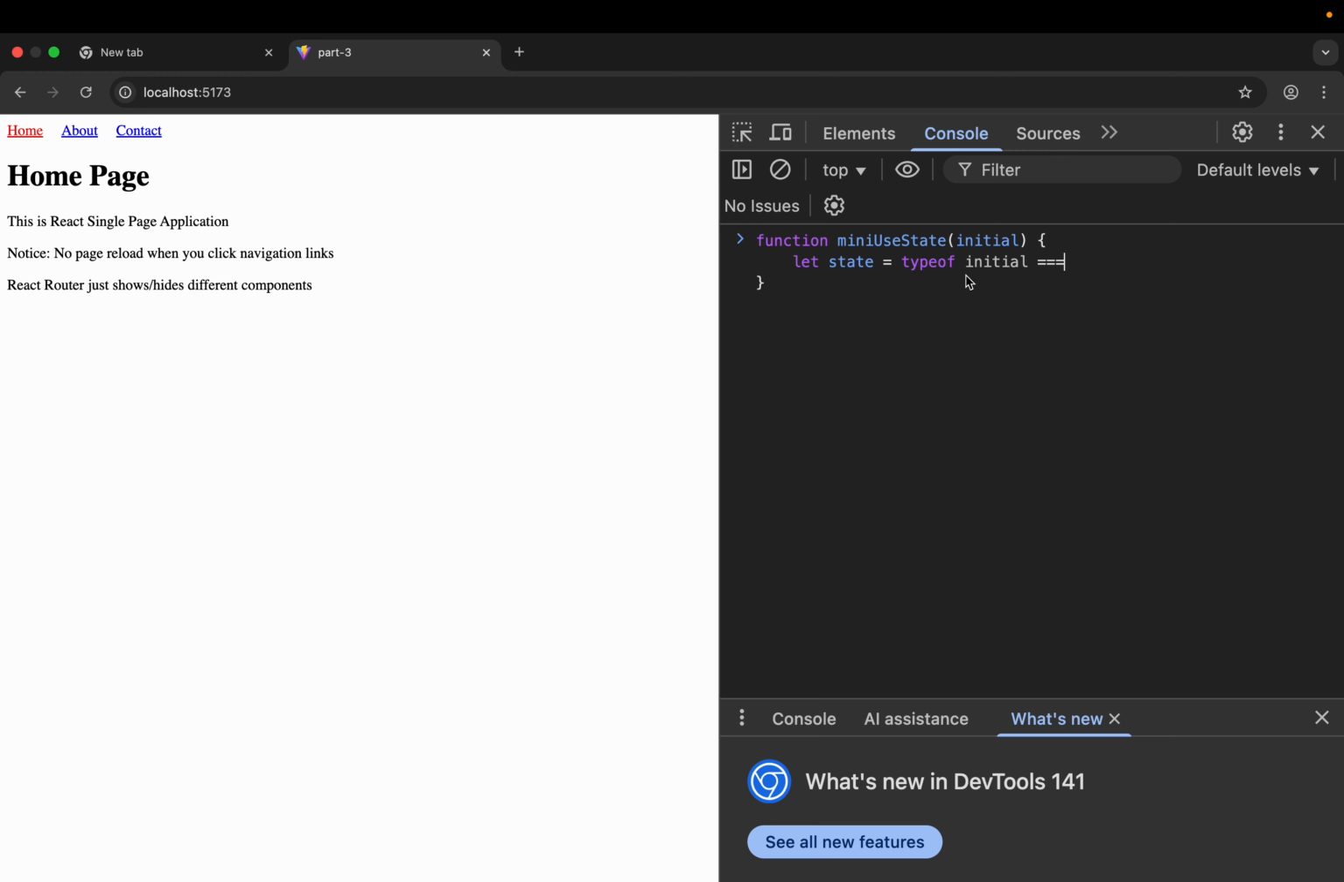So I'm checking it out over here. If the type of initial is 'function', in quotes, we saw that whatever type we get returned by typeof, we get returned in single quotes. That's why we have put this in single quotes as well. So if the type of initial is function, if this initial that is being passed by the caller of this function is a function, so what I'm going to be doing,